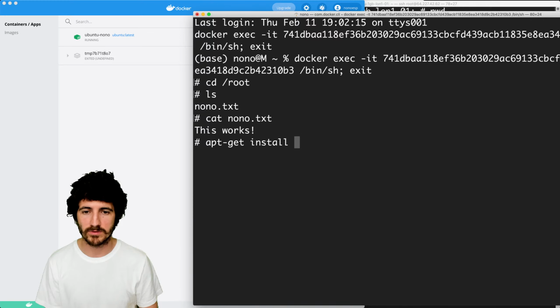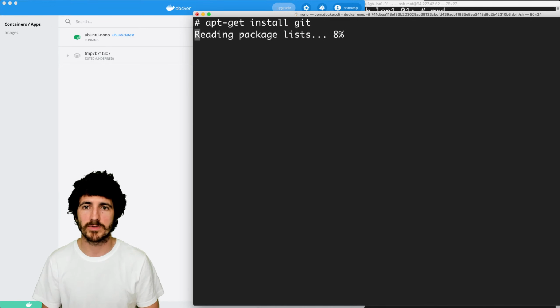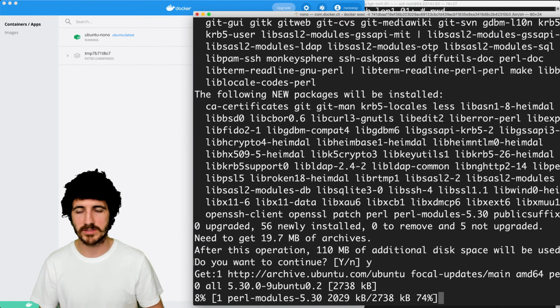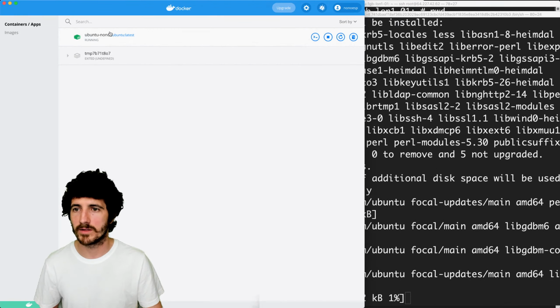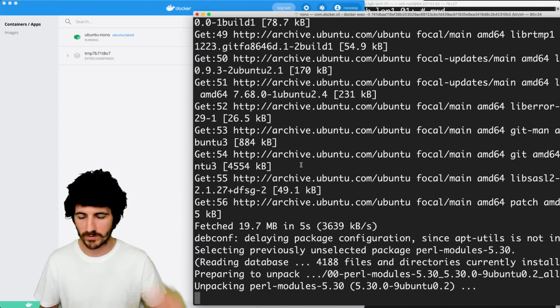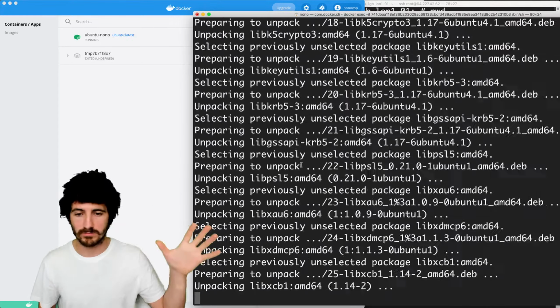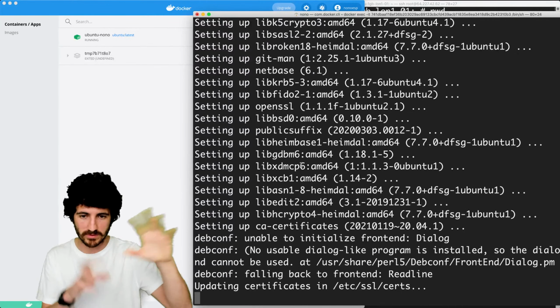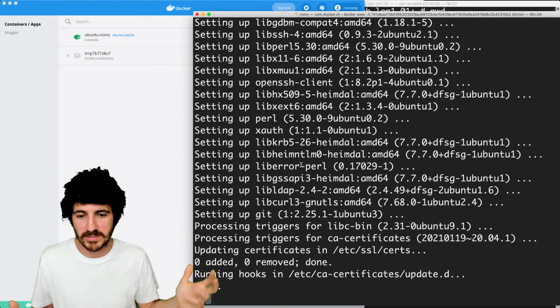So let's say that you want to install something that you don't have on this machine. So apt-get install, I don't know if you can install Git with this, but we could install Git. Yes, it's gonna get 110 megabytes inside of our container. So that's installing Git on our local machine, but inside of the Docker container. So when I remove that container, everything that we have done here doesn't exist.